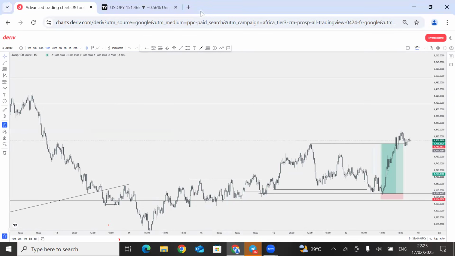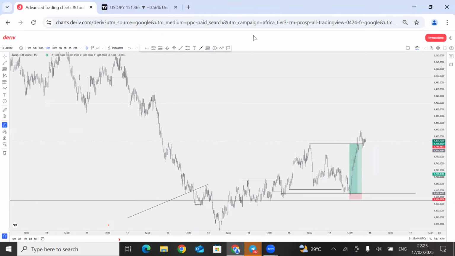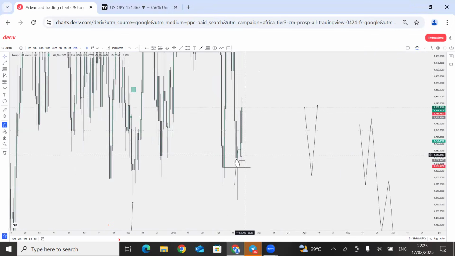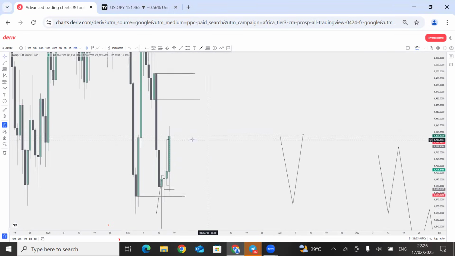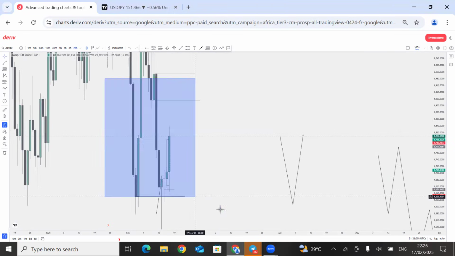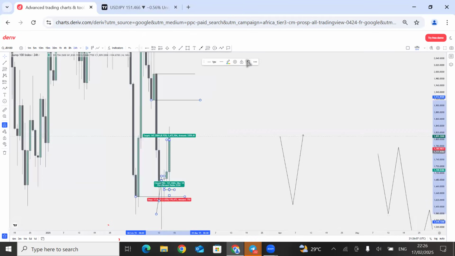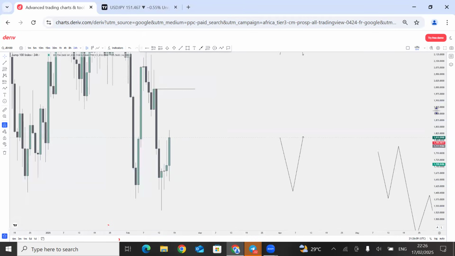Okay, the jump trade I posted. Yeah, the jump trade. We have 3 minutes. Let me try to be very, very quick about it. So now, this jump trade, what I did was on the daily time frame. On the daily time frame, let's take everything out again. I will be a little bit fast because it's about to expire.